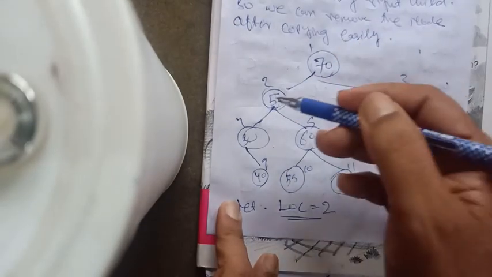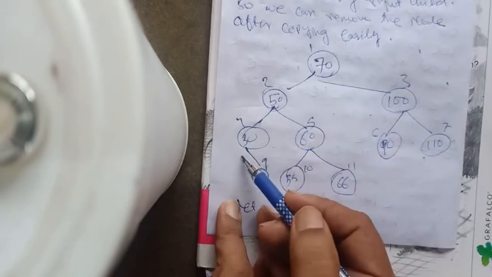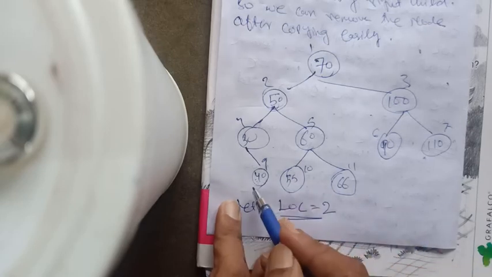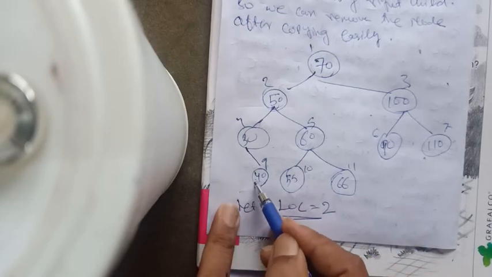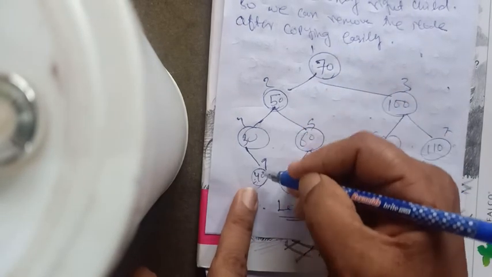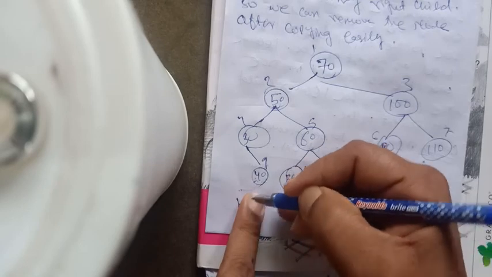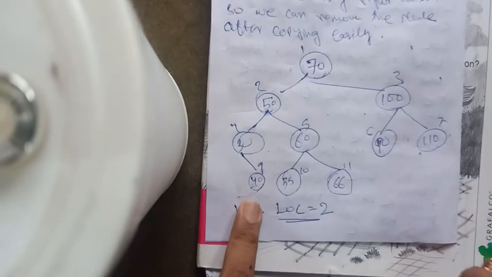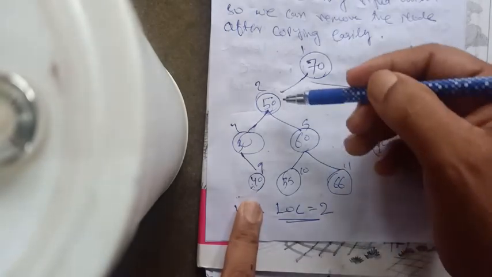The largest value from the left of 50 is 40, and that node is a leaf node, or at most it might have just a left child less than 40. So either I can select 40 and copy it into 50,